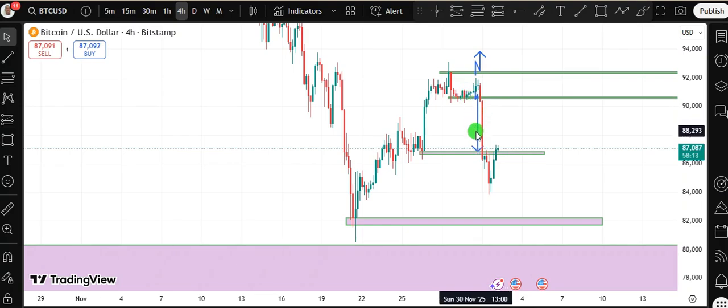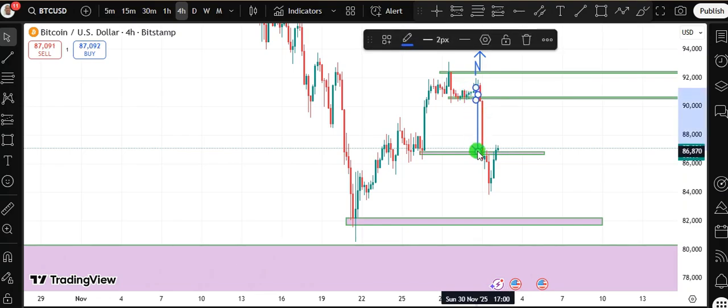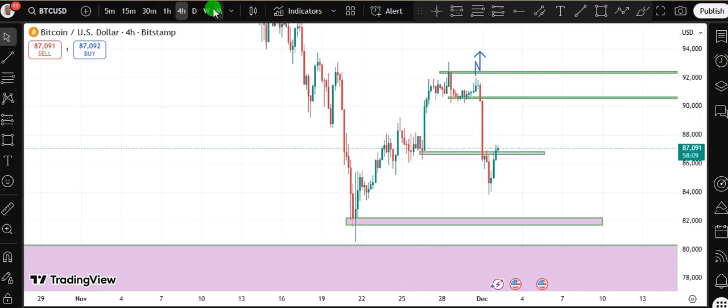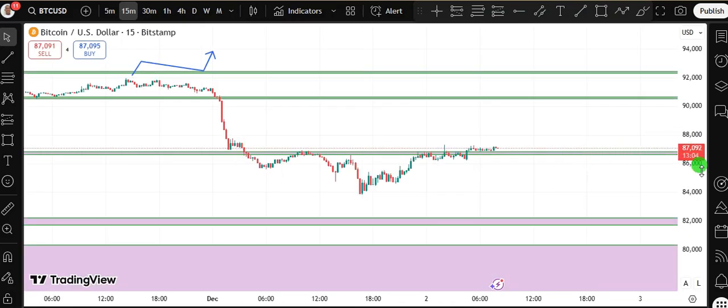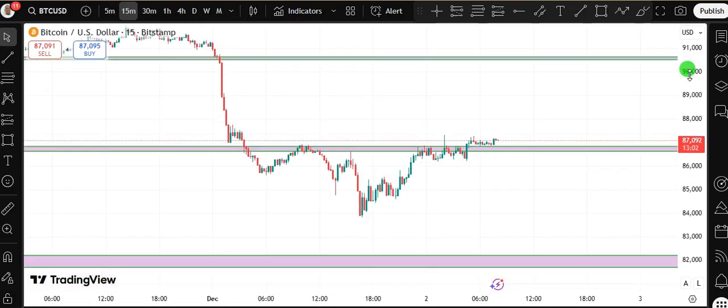So we'll be deleting this so we can have clearer charts. Then let's go to the 15 minutes chart for confirmation. Now you can see the market currently trying to still have the move we talked about earlier. I can see the indecisiveness, but should I be going long right now? Yes, definitely. But remember, I said don't risk more than you can lose. If you want to go long with me, fine, but please don't risk more than you can lose.